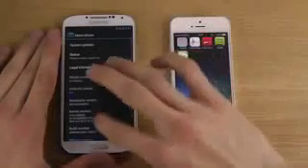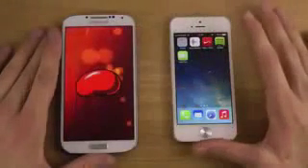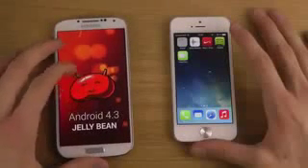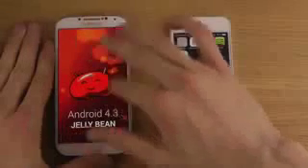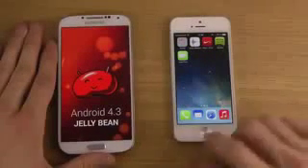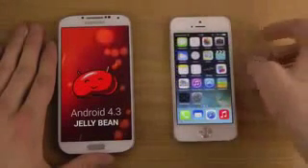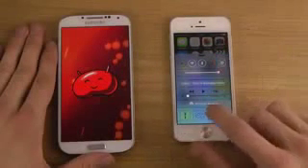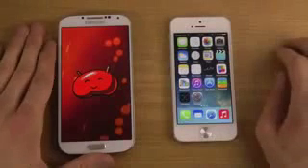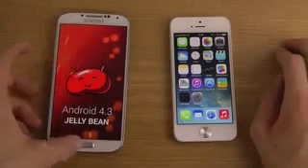just to confirm that we're having Android 4.3 here. As you see, that is Android 4.3, and then you do know this is iOS 7 beta 2, because we do have some new things, like the clock icon there is changed in this Control Center. So if we start off here,